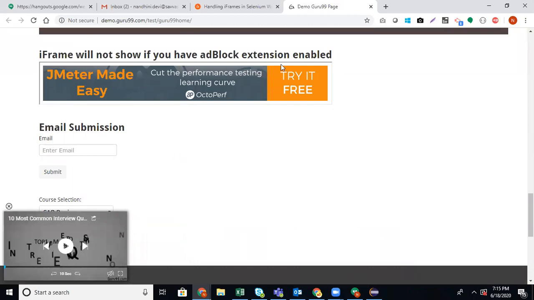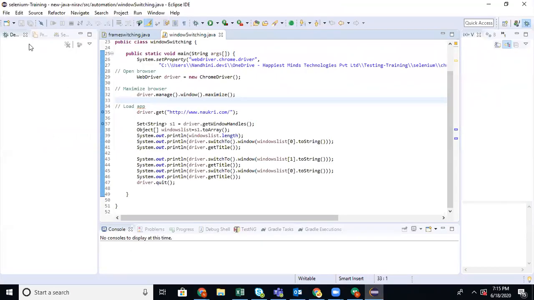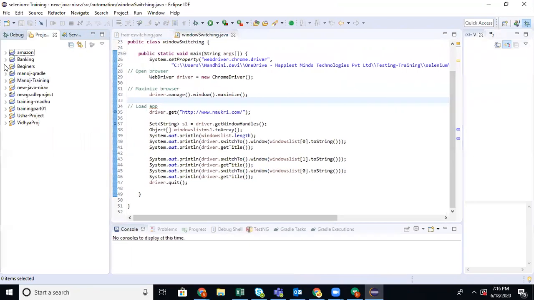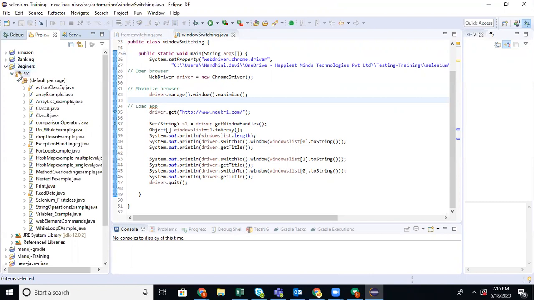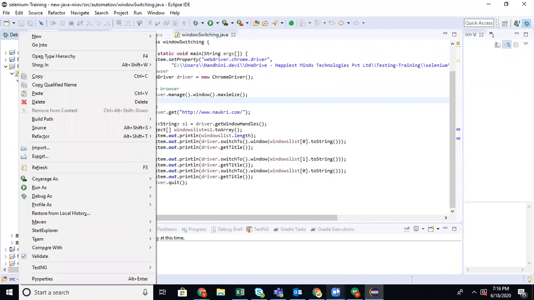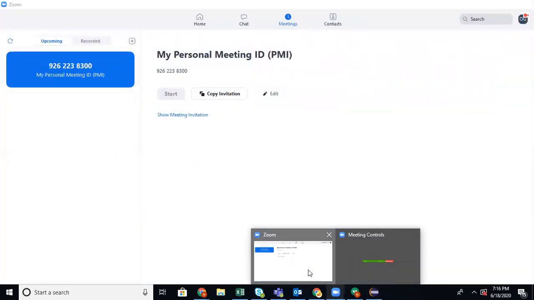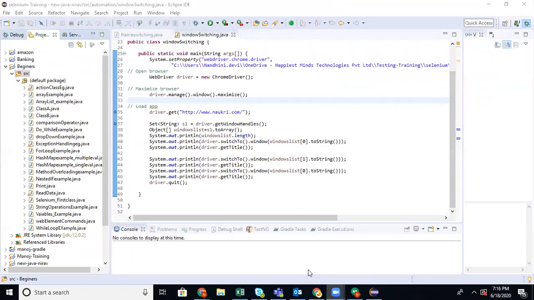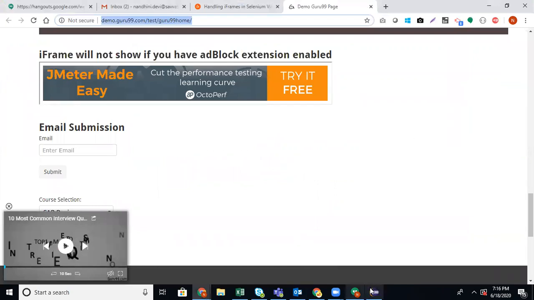Now, if you wanted to access this banner, let us do it normally. Let me create one class for this.